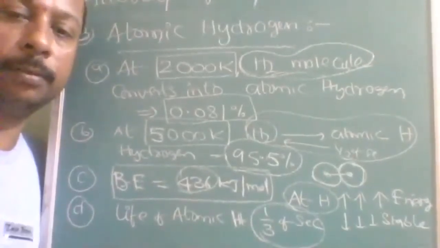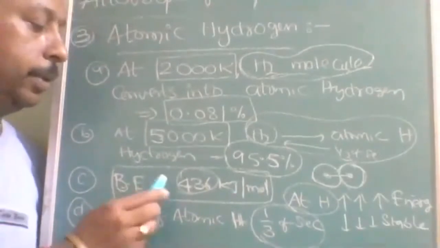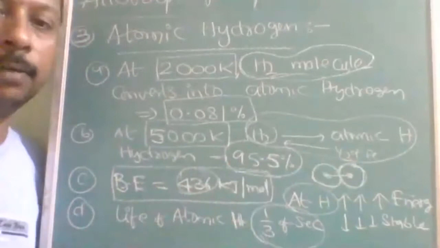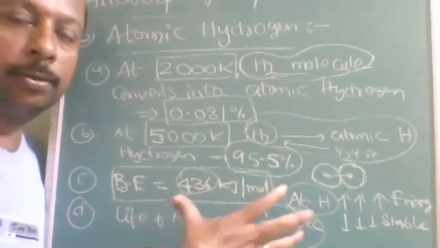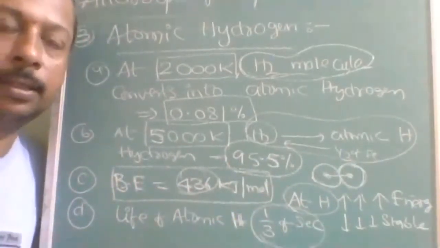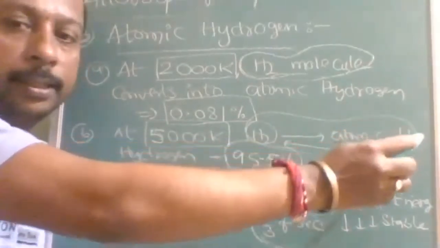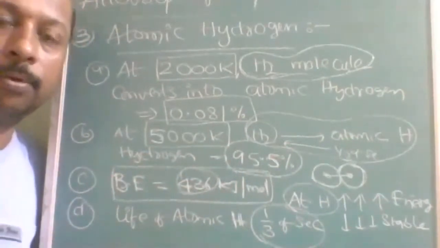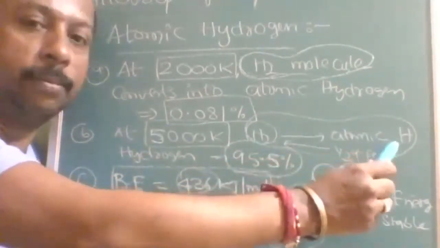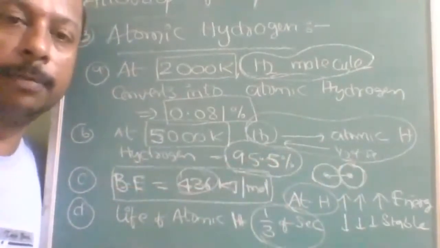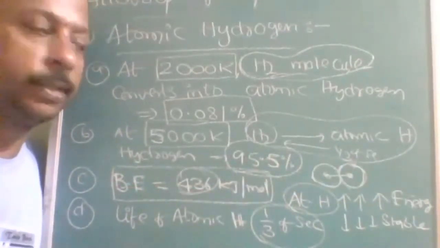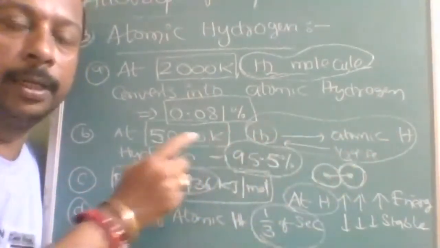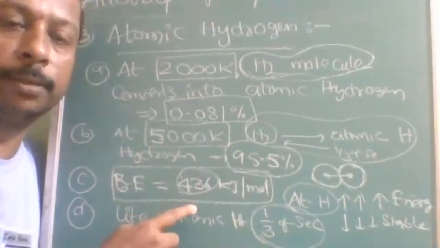It is my question. See here, just now I told you to break this hydrogen to atomic hydrogen, I require 436 kilojoules. So, in conservation of energy, if in this direction 436 is required, in this direction how much will it be? Same 436, but it was endothermic, so this will be exothermic. But the rate of conversion, this was very slow, because we have to maintain this much high temperature and we have to give this much heat.